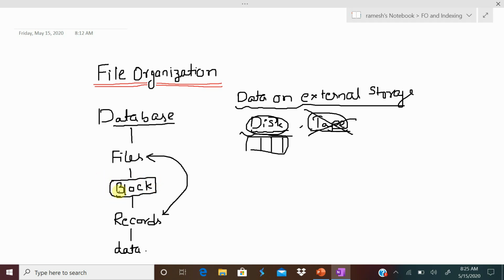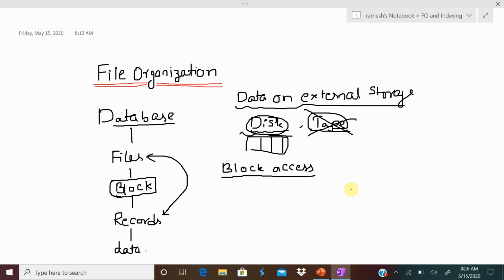This is the task of the chapter, so that the number of block accesses should be minimum. Here I am using the word block access, and first we should understand what is meant by block access.